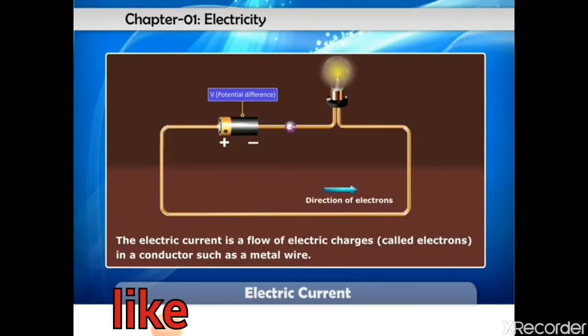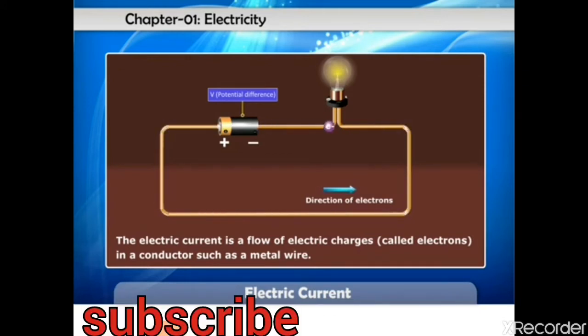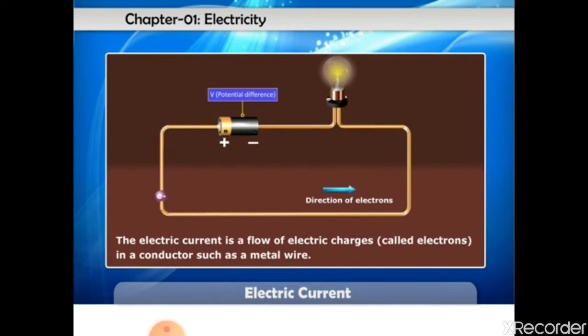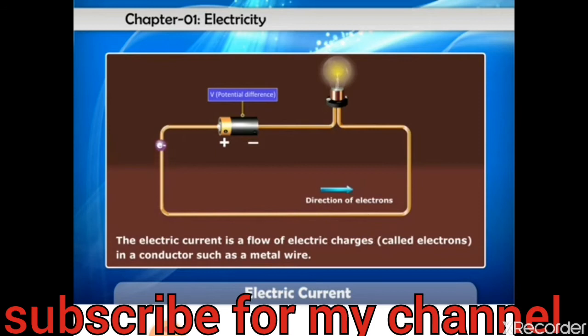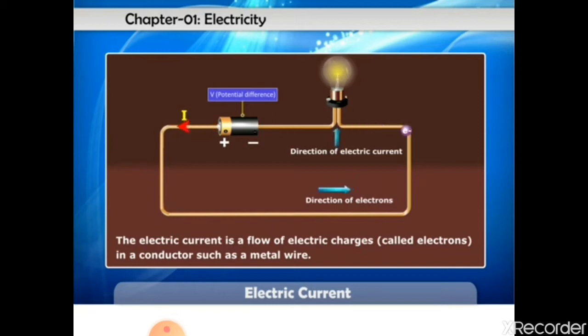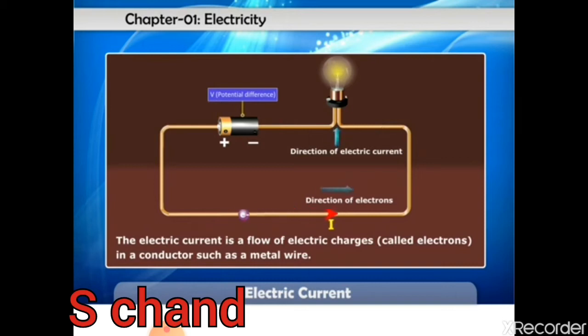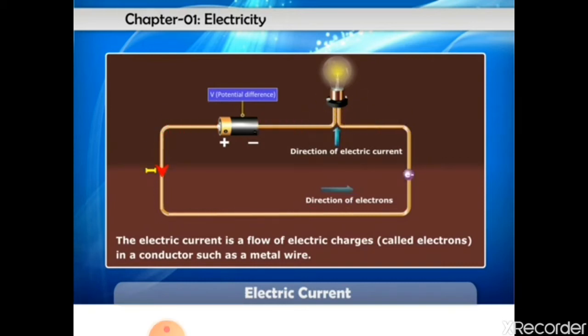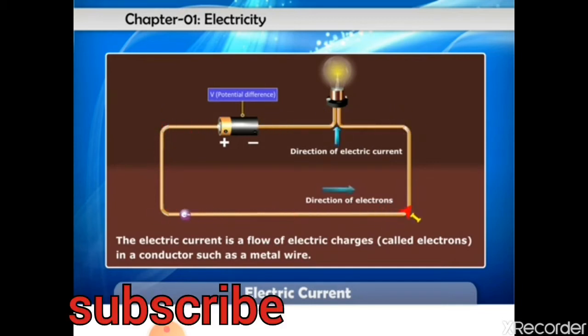When 2 charged bodies at different electric potentials are connected by a metal wire, then electric charges will flow from the body at higher potential to the one at lower potential till they both acquire the same potential. This flow of charges in the metal wire constitutes an electric current. It is the potential difference between the ends of the wire which makes the electric charges or current to flow in the wire. So, the electric current is a flow of electric charges called electrons in a conductor such as a metal wire.